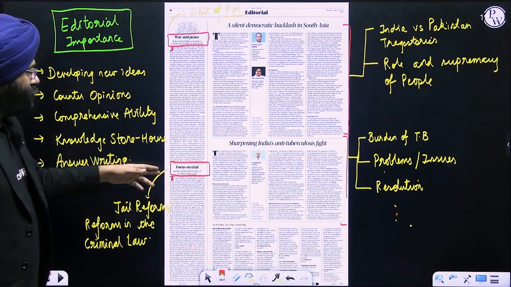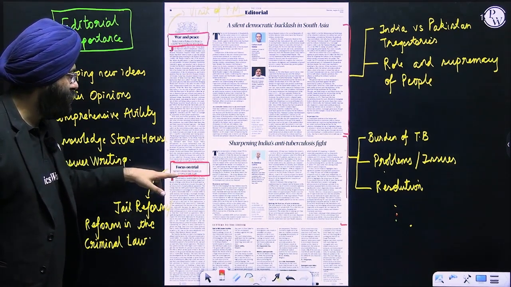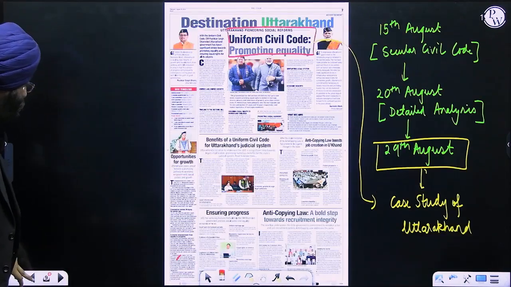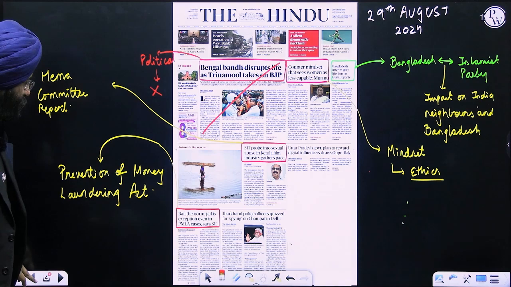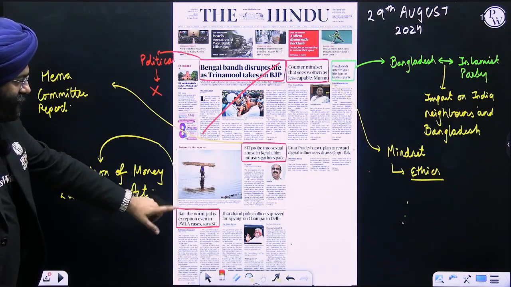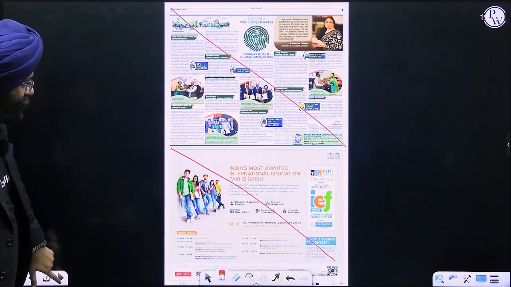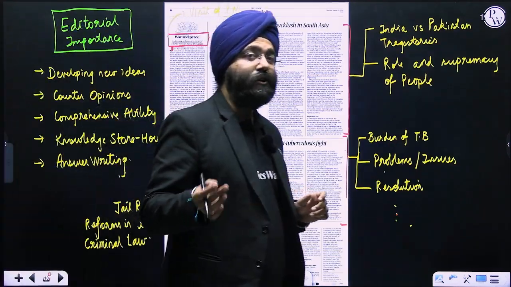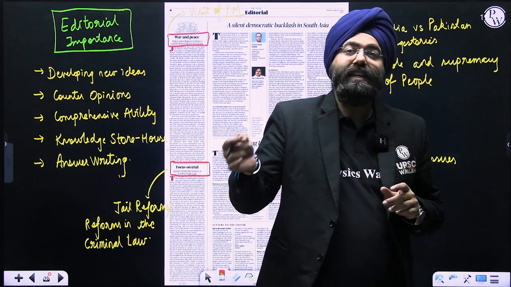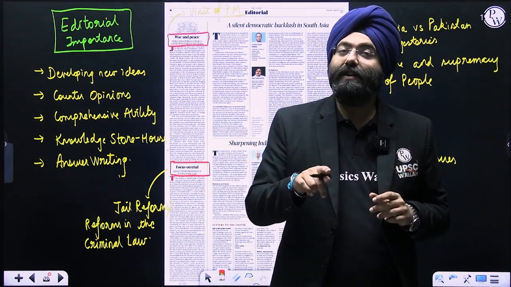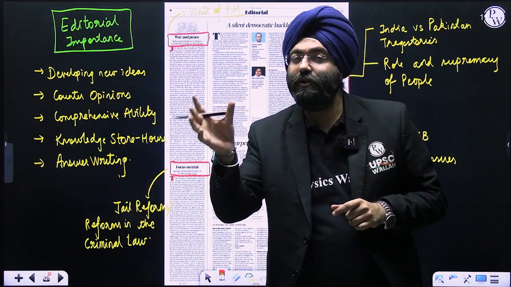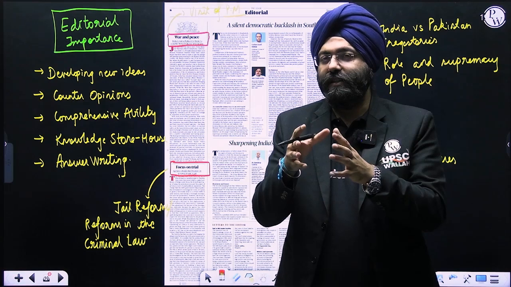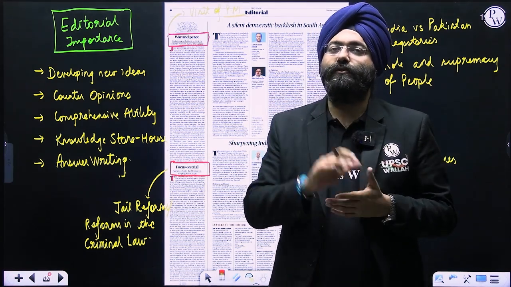Again, the focus on trial: "Agencies should shed fixation on keeping people in jail." Do you realize this was the thing that was mentioned with respect to the first topic over here, right? Based on this news, there is an editorial. That front page news was simply stating what has happened. The editorial part generates an opinion on that. In the UPSC examination also, you are the one who has to write those aspects which are being asked. That is why the editorial helps you analyze what type of answers one has to generate or at what level one has to be. Clear?